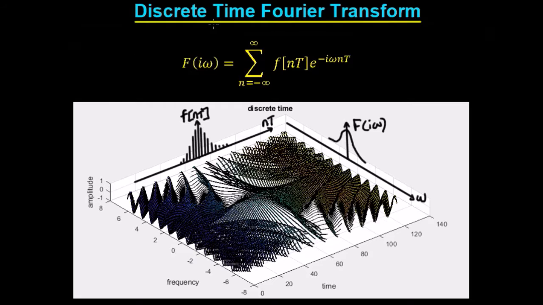So let's look at the discrete time Fourier transform. Now we've actually covered most of the work involved in this, so a lot of it's going to be a recap. So we start off with a discrete function of time, f of nT. So this is our f of nT here, and you can see I've chosen this one in particular as an